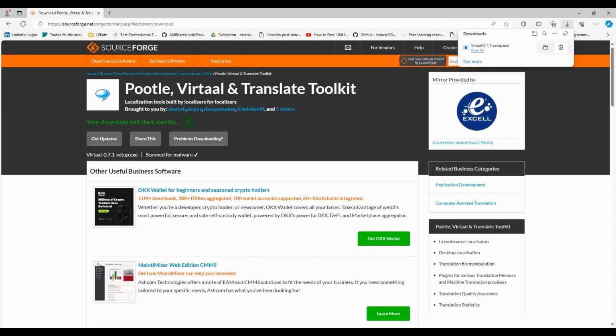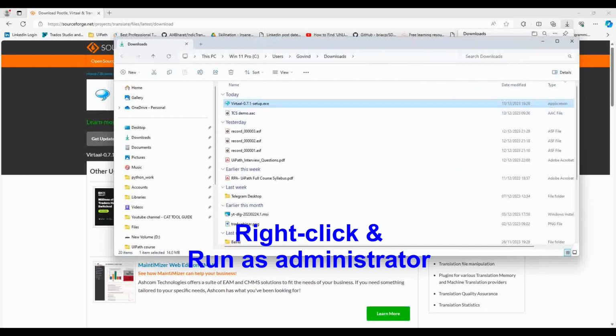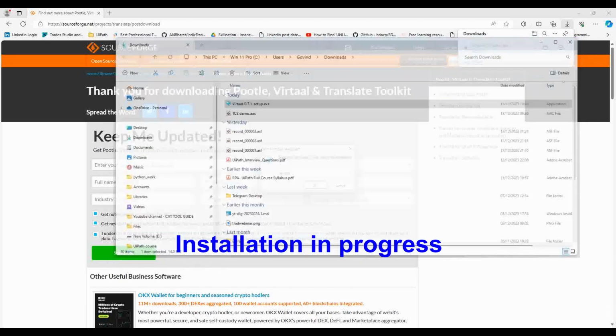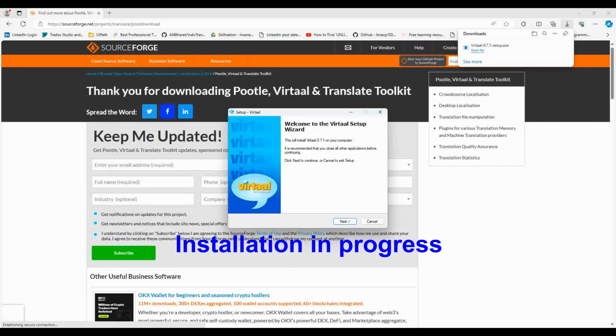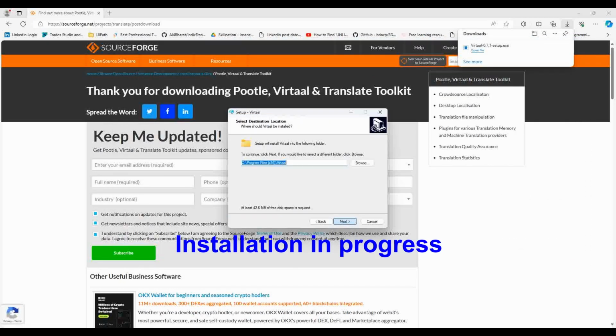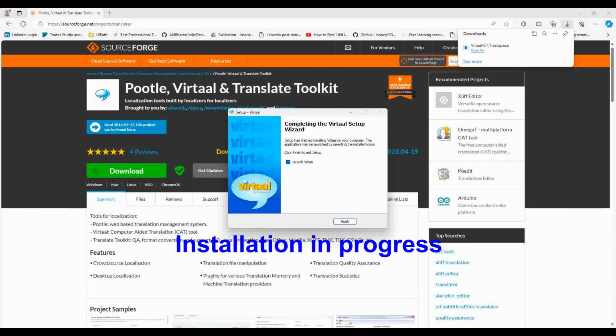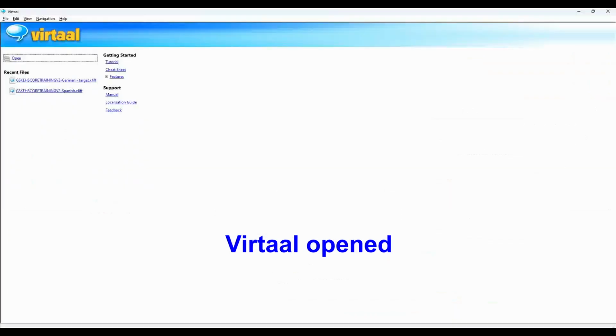So now let's proceed to installation. Run as administrator. So the installation is going on. So proceed. Complete the installation. So installation is completed. Now Virtaal is opened now,